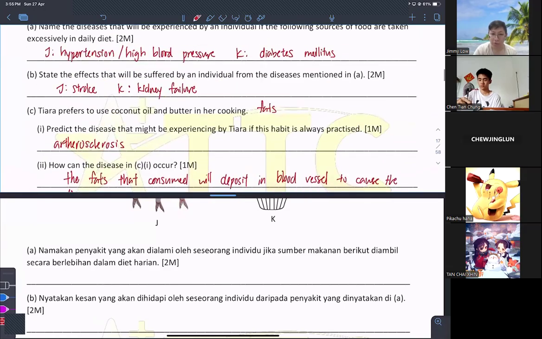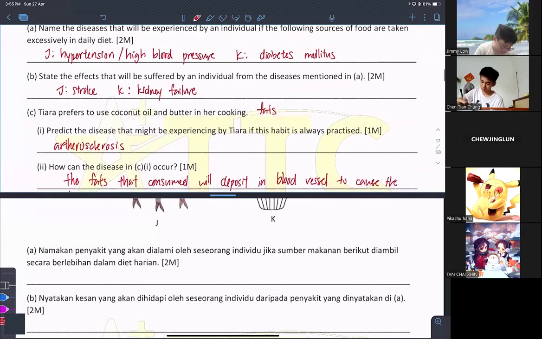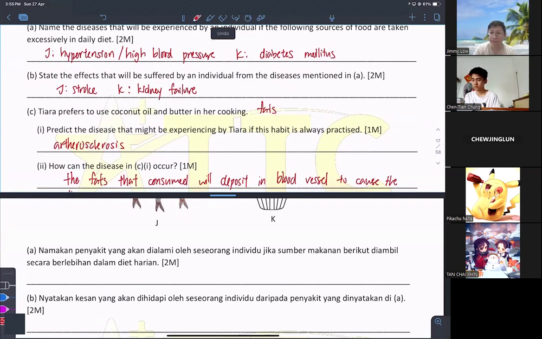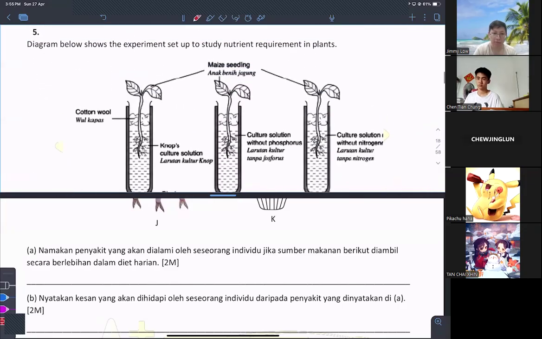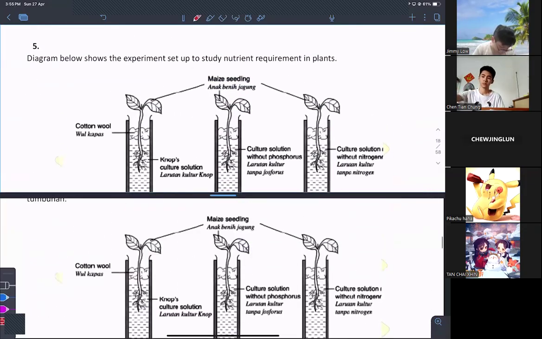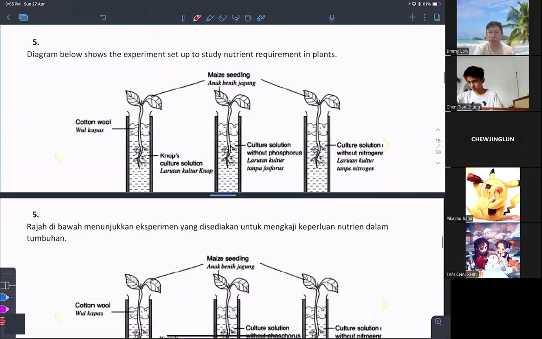So this one is quite important because of the name. Some of the people, they'll be like diabetes, then they stop already. Then marks fly away. Don't know why. Because without mellitus, mah. All right. Then one more question is, yeah, this one. Question number 5. Okay, just to bring you a message.